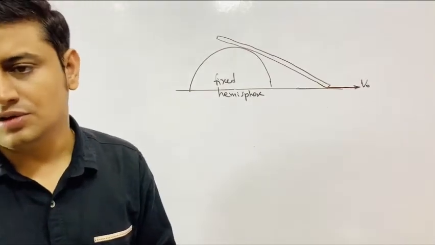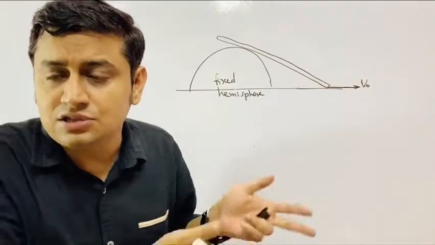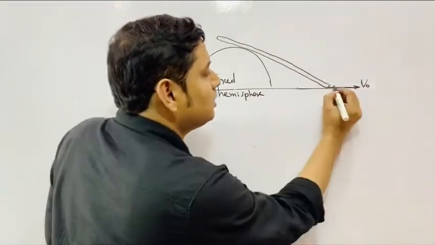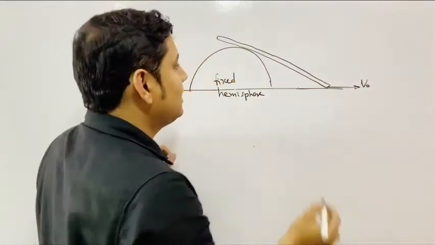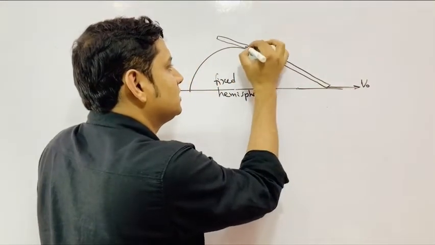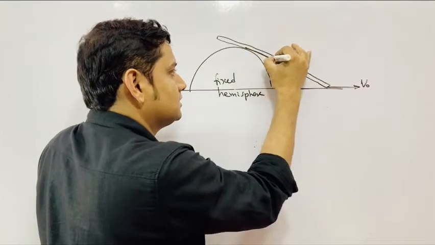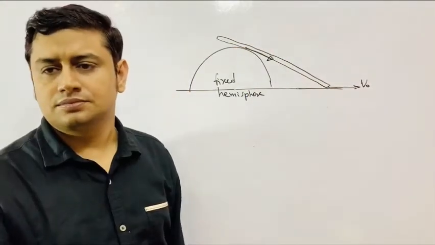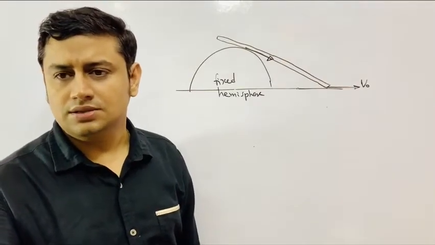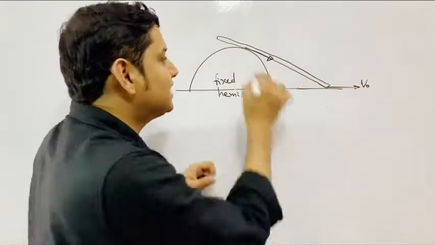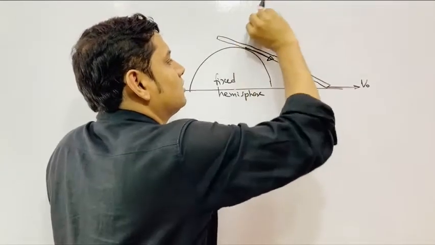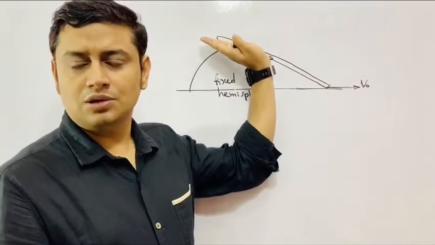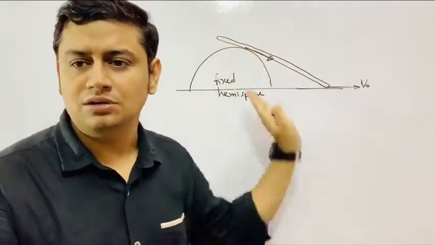Or if I ask you what is the kinetic energy of this rod? Now understand, you know that the velocity of this point is V0, right? And you know that the velocity of this point is in this direction, because this is the tangent. It cannot move perpendicular to this. It has to move along the tangent, because this is like an inclined plane. You cannot fly off the inclined plane. You have to move along the inclined plane only.